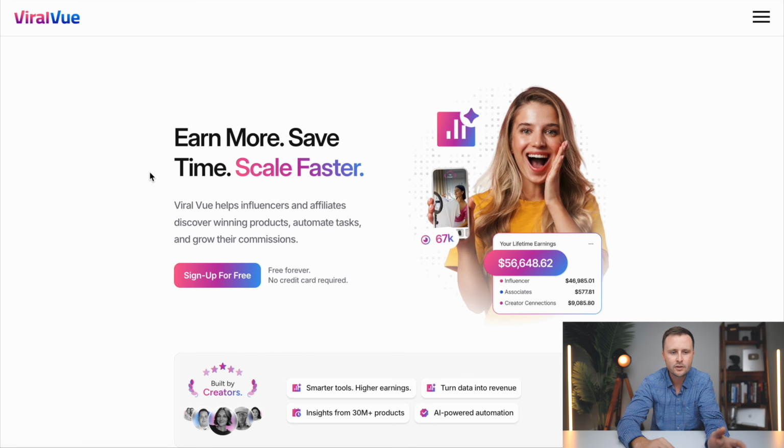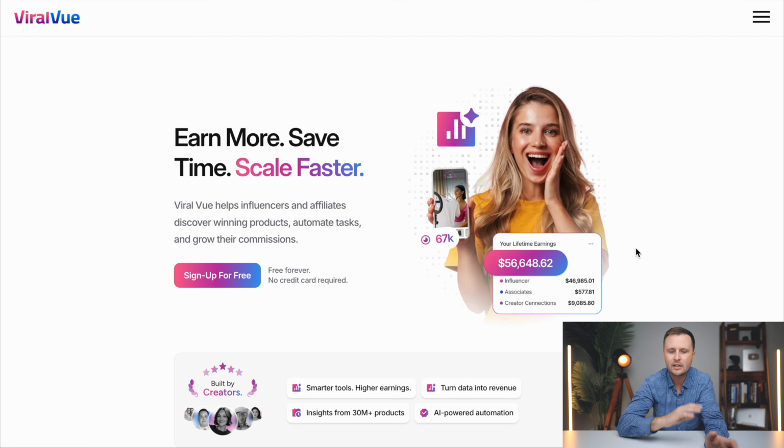You literally need to have a tool to access it. But once you have access to it, you can get all this information that the vast majority of people do not have. So to save you as much time as possible, I'll just show you the tool that I use to access this data, and I'll actually walk you through how I do it so you can see it for yourself. So this is the tool here. It is called Viral View, and this is the tool that's going to show us the behind the scenes data from Amazon.